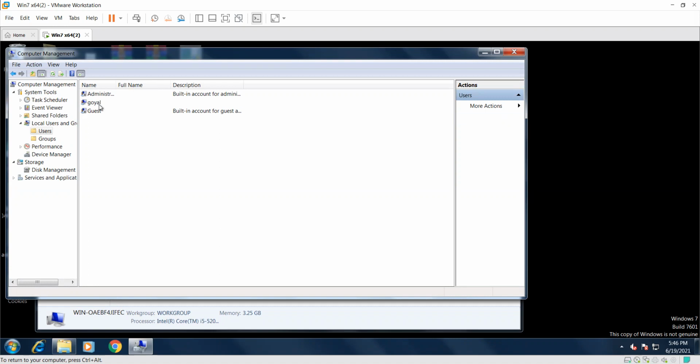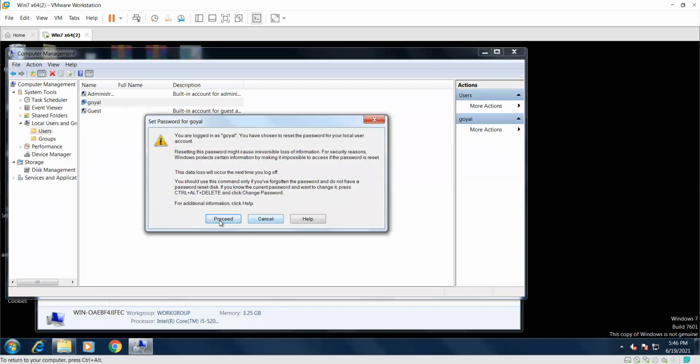Firstly, you need to select the user. You can also change the password of the administrator if the administrator has a password set by the cyber criminal. Using this technique, you can easily change the administrator password also. So firstly, select the username and right click on the user, and after that you will see an option that is set password. Just click on this set password. It is showing you another screen with a long written message.